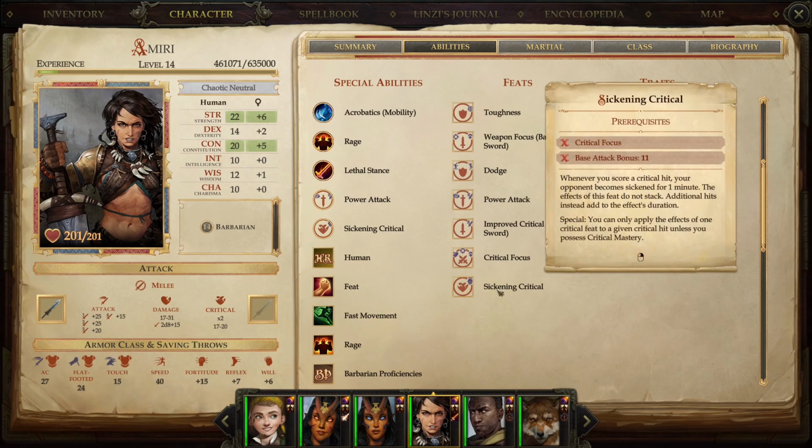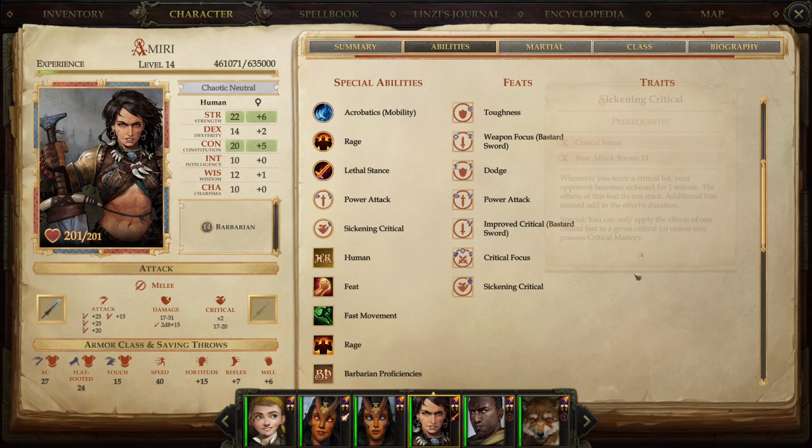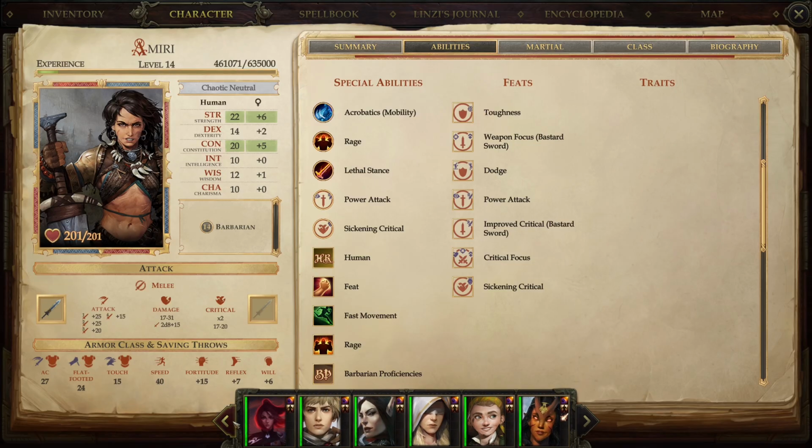And the reason is because they give two different debuffs, right? I looked in my Pathfinder Kingmaker. Not Kingmaker, just the Pathfinder core rulebook, and sickening gives a -2 to attack, damage, saving throws, and skill checks, which is pretty nice. And for the fighters,